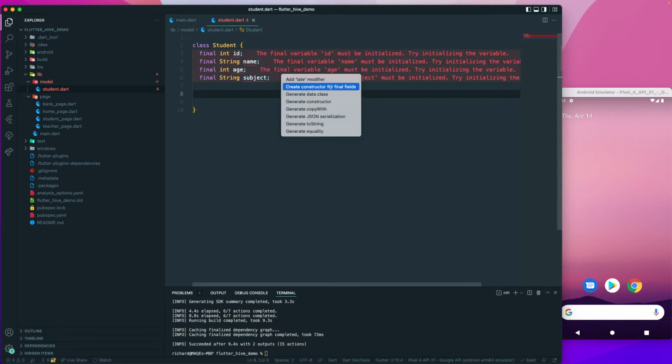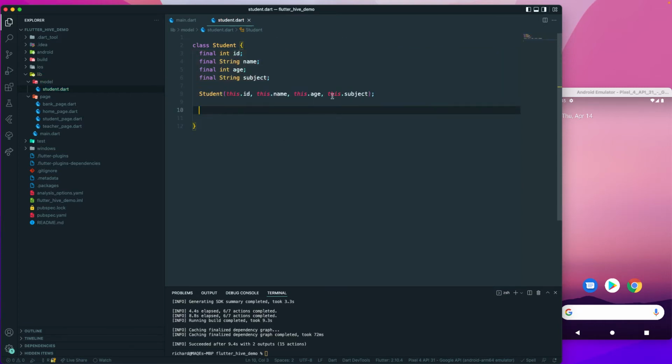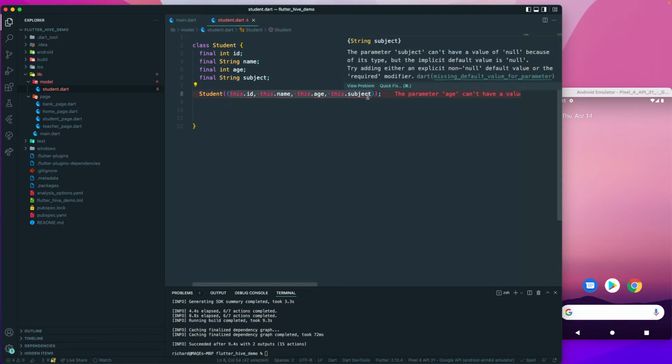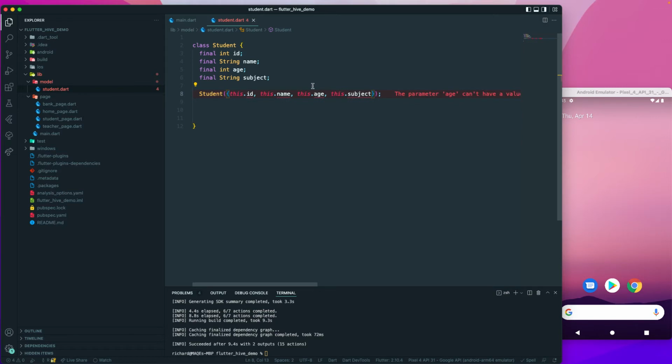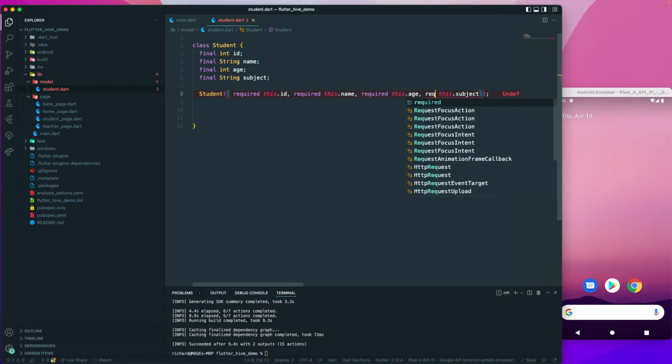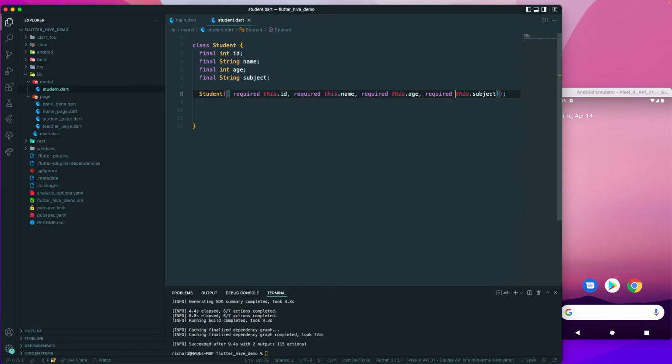and we need to create a constructor for it. So let me create a constructor for all of our final fields, and also I'll just make it required and the named argument. So all of these fields are required. So required, and this is also required, and this too is required, and finally we have the subject required. So all of these fields are required now, and we have a simple class of a student,